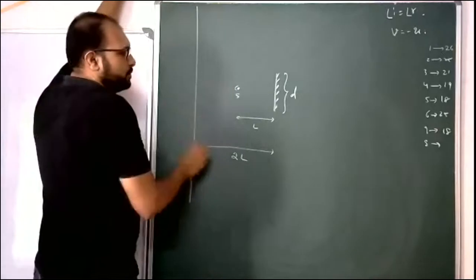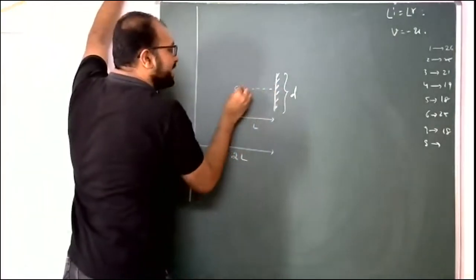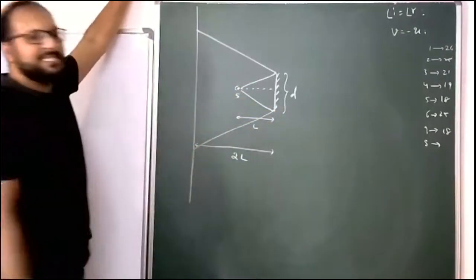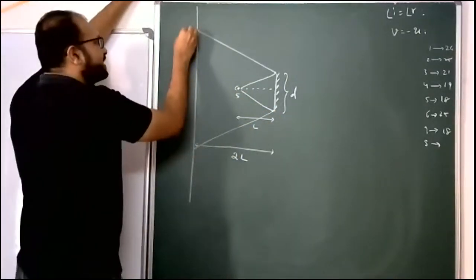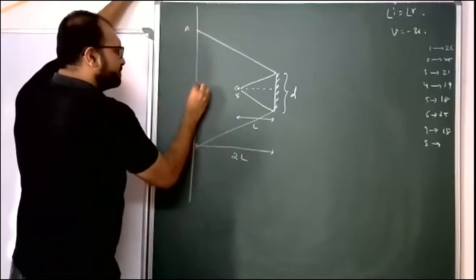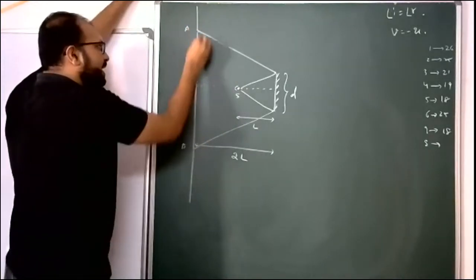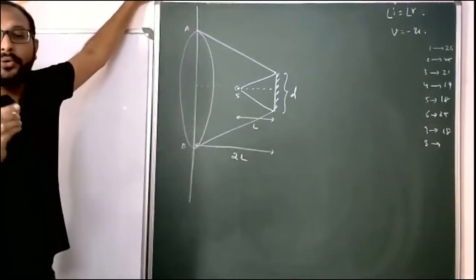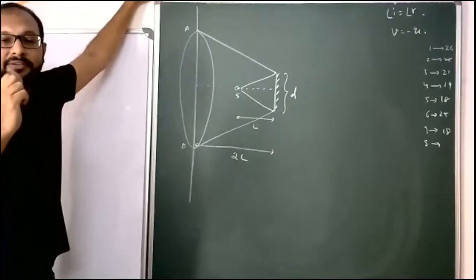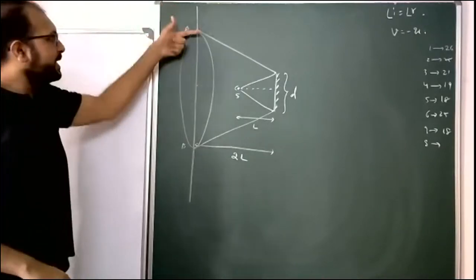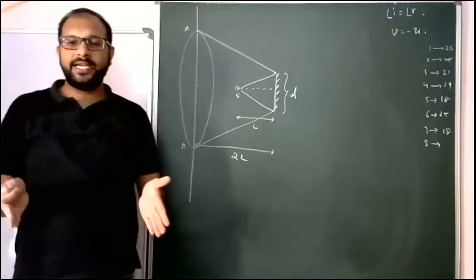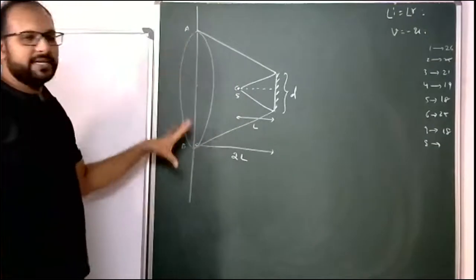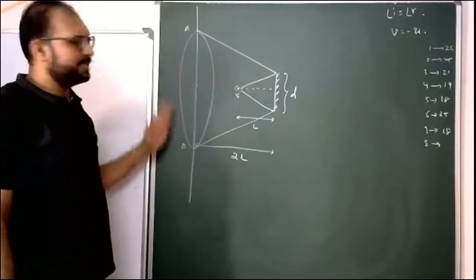But this source sends light rays up to a certain region. Means from here, this is point A to point B. From here to here, this region is the bright region, the active region. That is nothing but the field of view. We need to find the length of this region according to the question. The total length. Yes, so students, you can directly find it from the triangle.